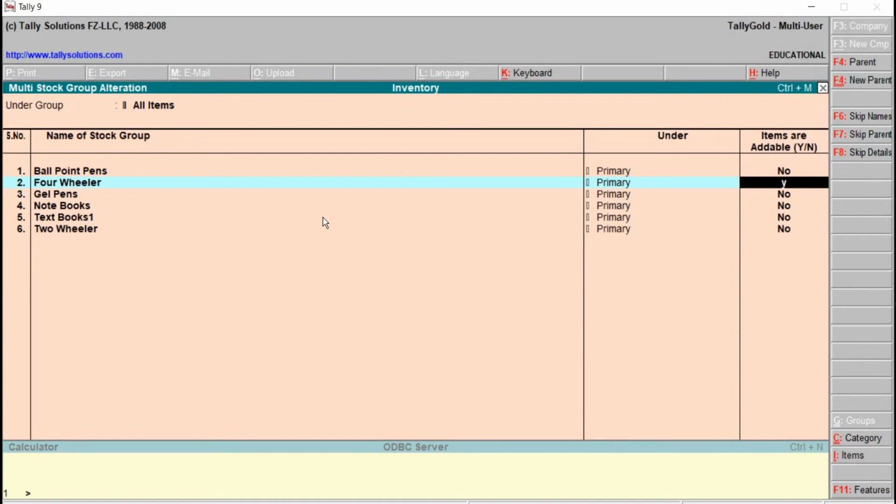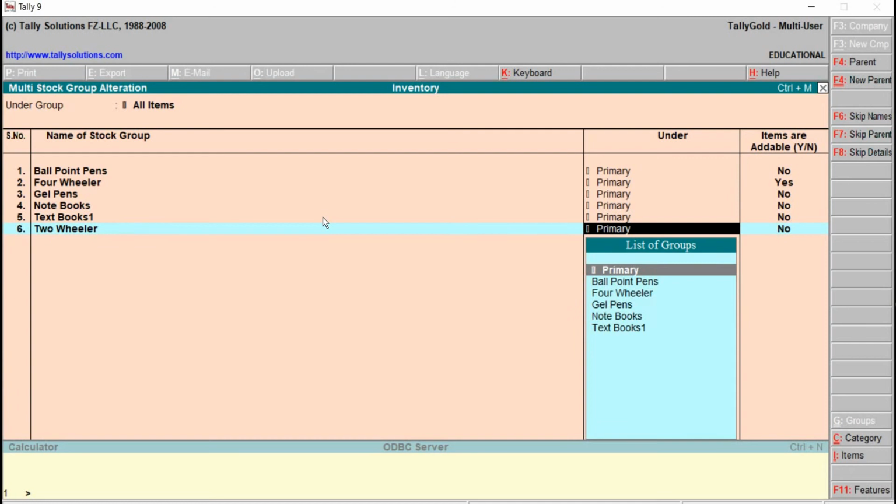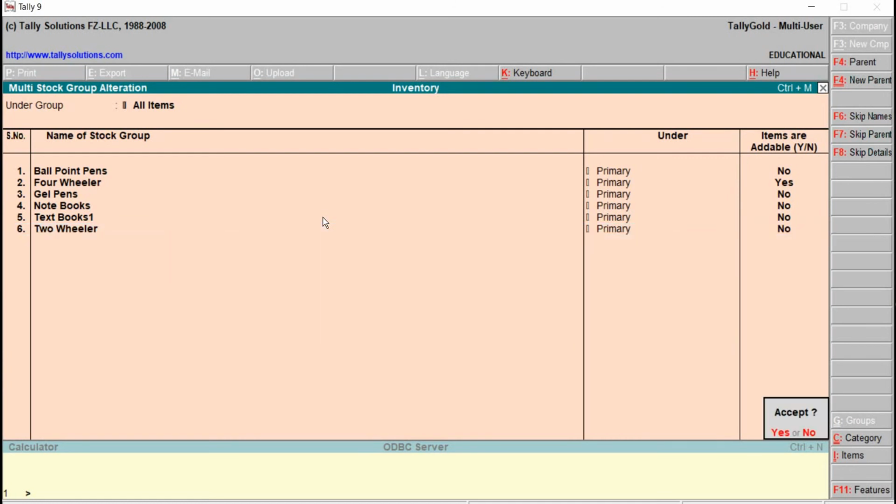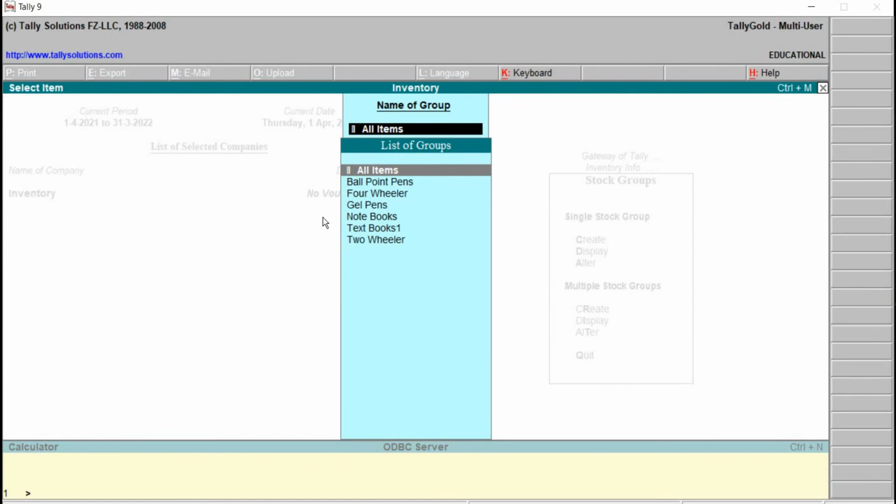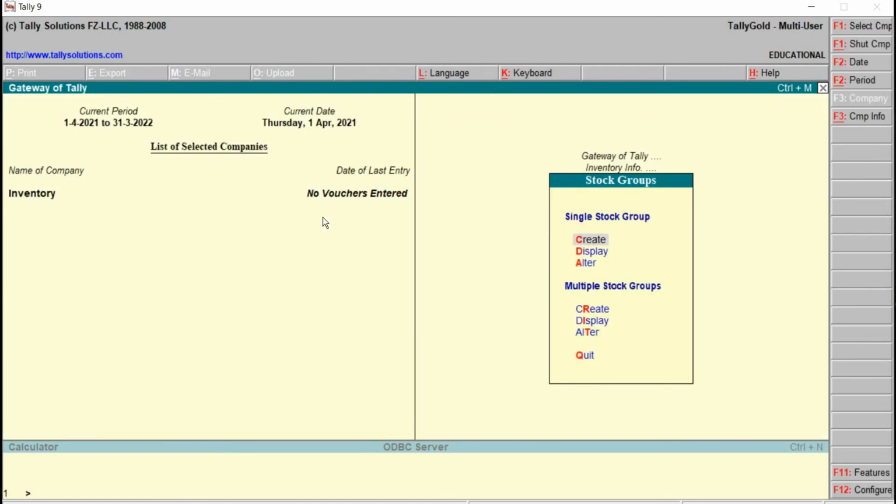We can make it S, where all the stock items which belong to the four-wheeler have to be measured with the same units of measure. Press Y to accept. To come out, escape. Right? This is regarding the alter.